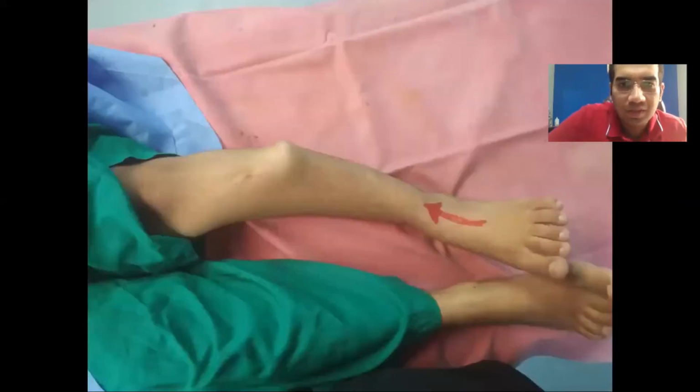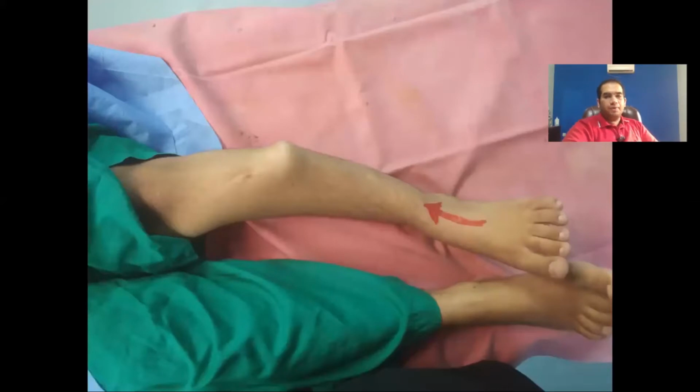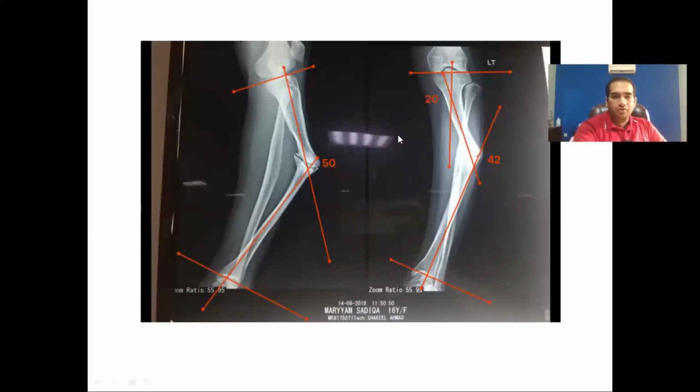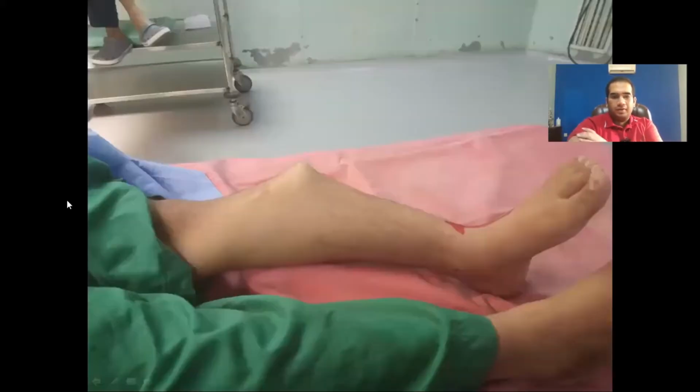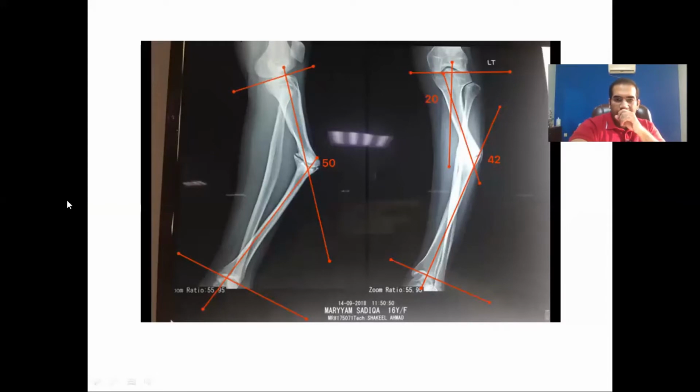So this girl, I gave you an example of this girl. She's actually a case of pseudarthrosis of tibia, and because of that she developed a deformity higher above, but we're going to ignore this deformity, just focus on this deformity. This was a 42 degrees deformity in the AP plane and a 50 degrees deformity. We again did the planning in a similar way.